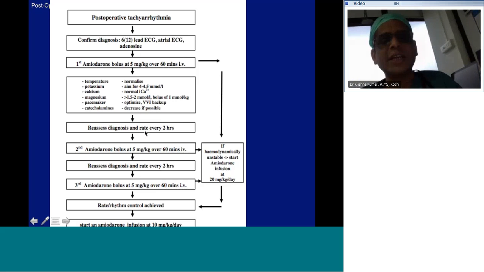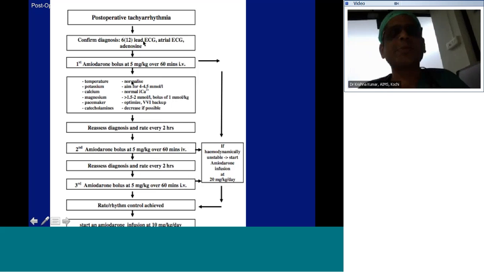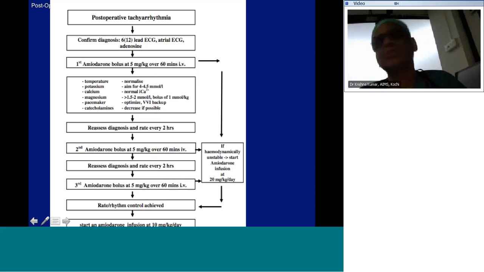Reassess diagnosis and rate every 2 hours, give your second amiodarone bolus after 2 hours. If it is not effective, reassess, then give the third bolus, and usually with that you get control, and once you get the control, you start the amiodarone infusion. This is different from the protocol where you used to give a single dose of amiodarone and follow it up with the infusion. So you give multiple boluses,